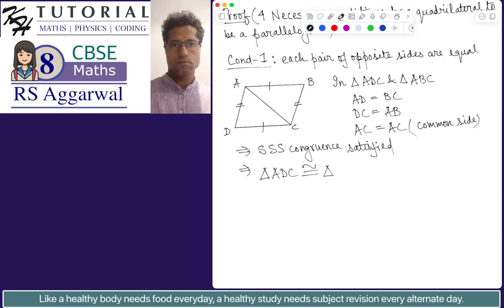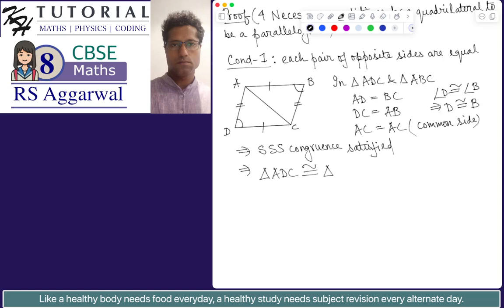That is the angle D. And what is the angle included between the sides BC and AB? That is B. So definitely angle D will be congruent to angle B. From this you can also say that the corresponding vertex of D will be